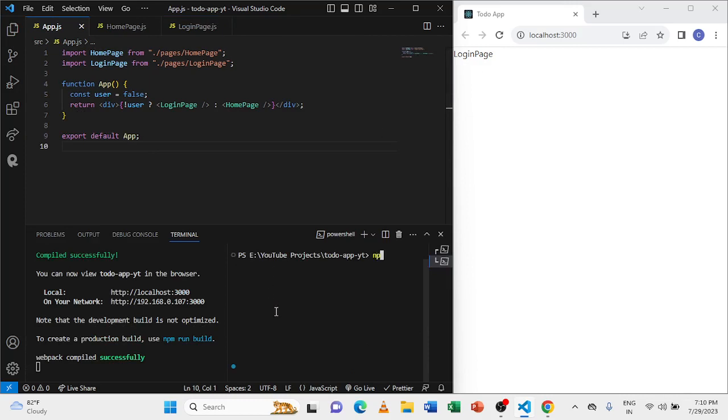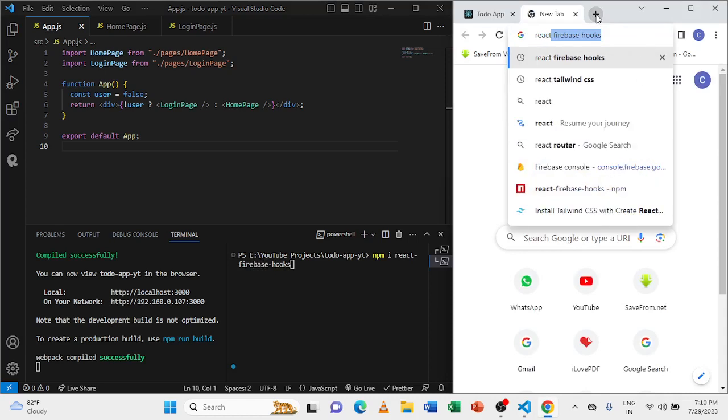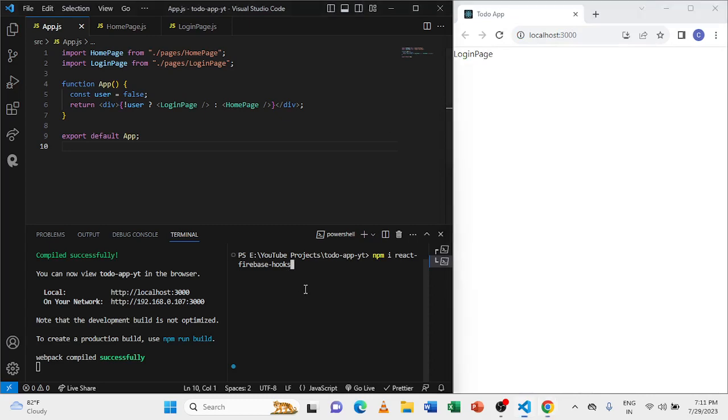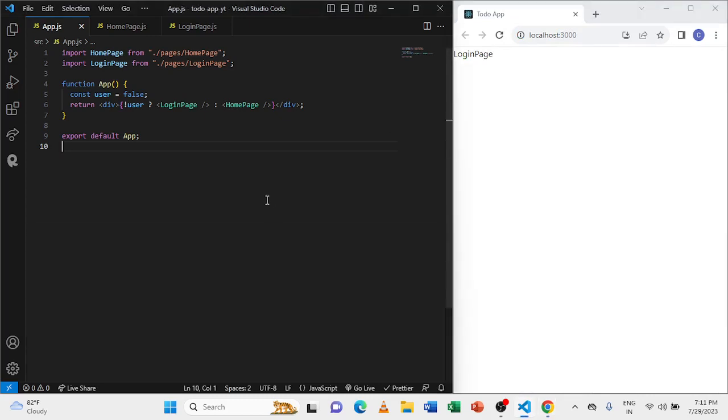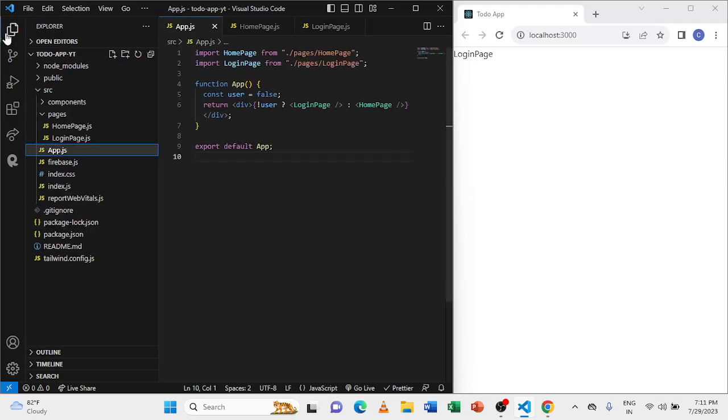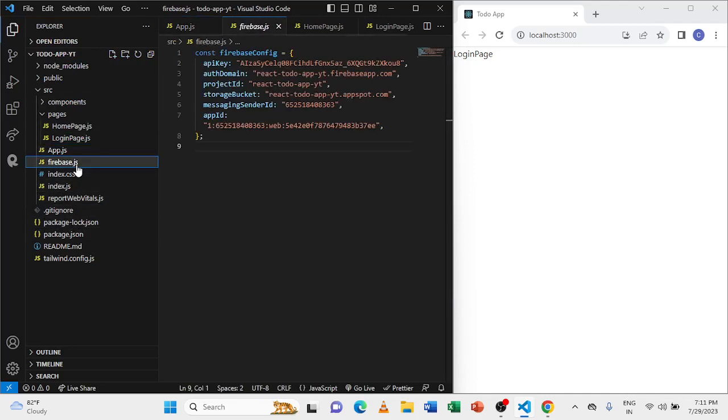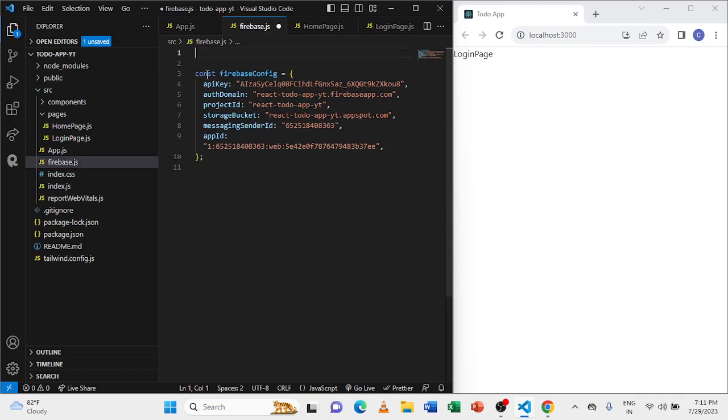I'll also install React Firebase hooks. Is it hook or just hooks? Okay, so I'll just install that for using that one authentication hook that we get. So just to start this user authentication first, I'll first set up the Firebase configuration file. So I need this